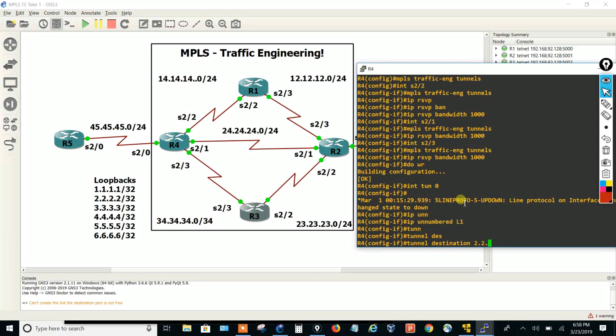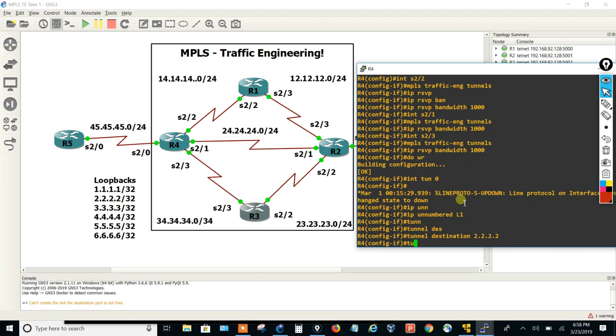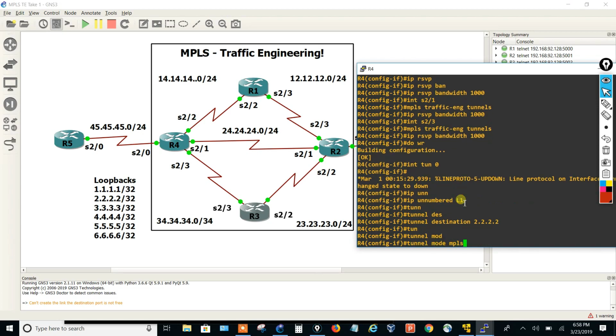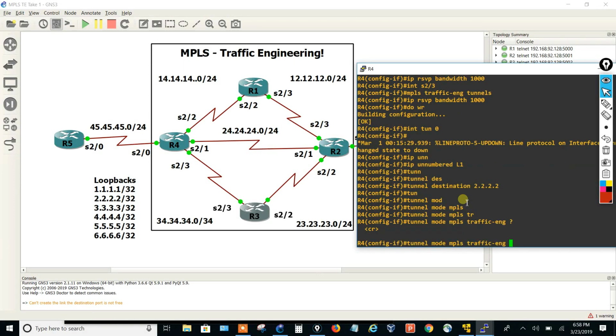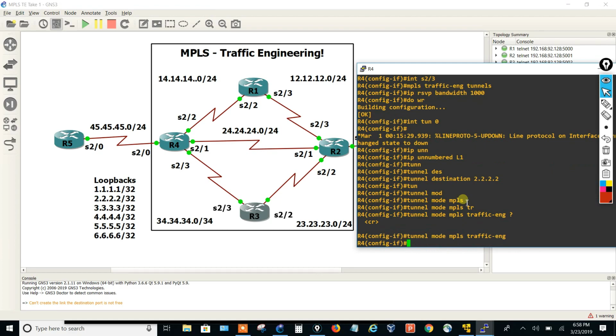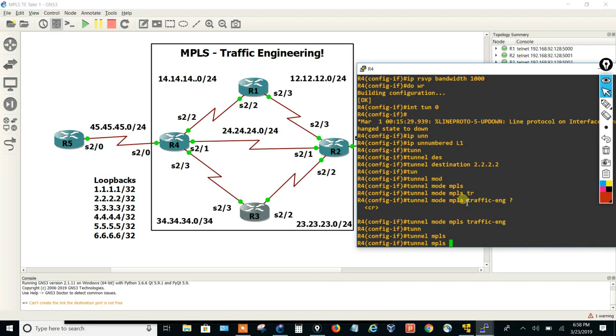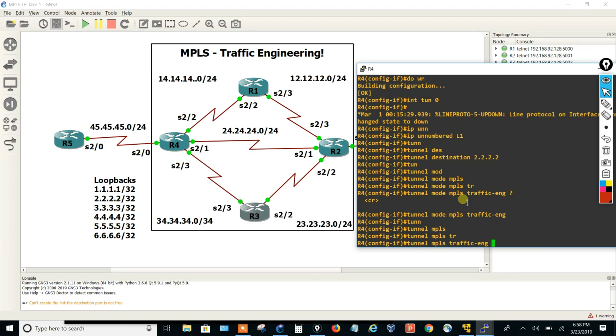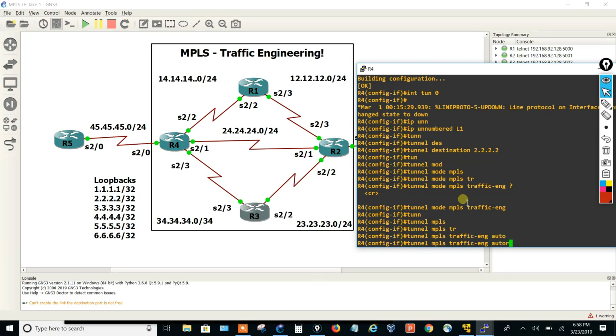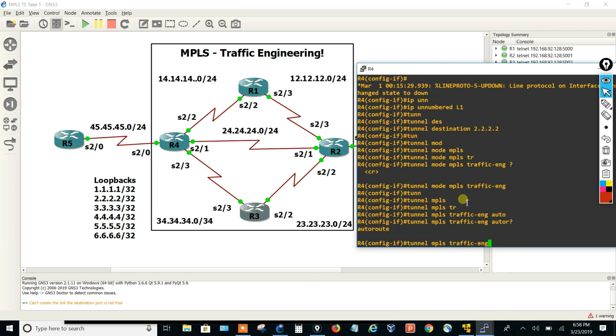So I will say 2.2.2.2. The tunnel mode is going to be MPLS traffic engineering, and you just hit enter. Now this is where you will actually be kind of specific with this traffic engineering tunnel. So this next command, which is tunnel MPLS traffic engineering auto route, right? So if I were to do this